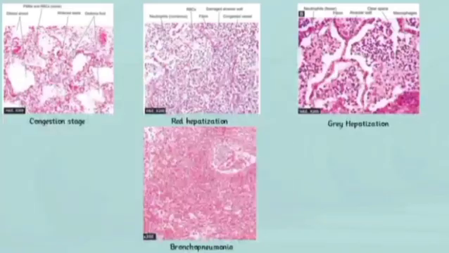Microscopy. Microscopically, pneumonia, especially lobar pneumonia, shows distinct stages: congestion, red hepatization, grey hepatization, resolution. Bronchopneumonia reveals a patchy inflammatory pattern with neutrophils, cellular debris, and congestion in the bronchi, bronchioles, and the adjacent alveoli.